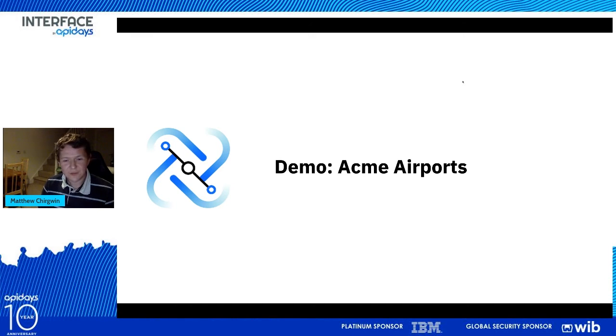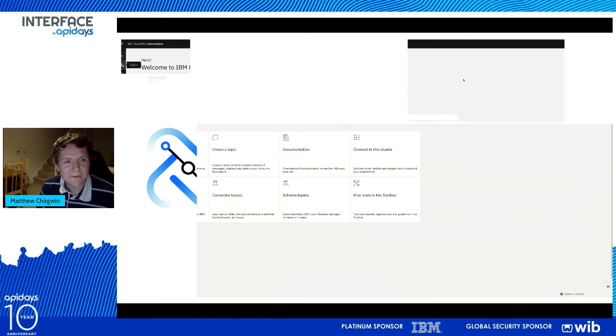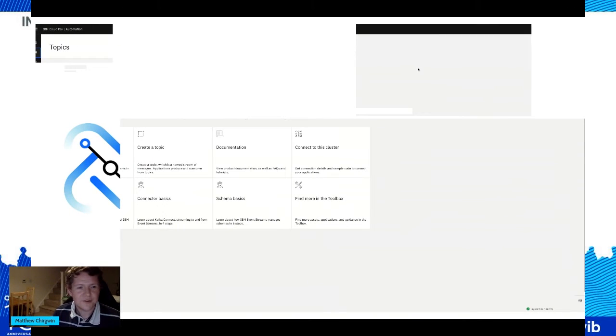Those little details, if you will, really add to the end-to-end user experience, which can only be provided with events which obviously are happening in real time. So, with that flavor, let's start the story here with Chirgwin. So Chirgwin in this case has an Apache Kafka cluster. This is provided by IBM Event Streams in this case, and we've got a set of topics here full of information which are ripe for use across the business.